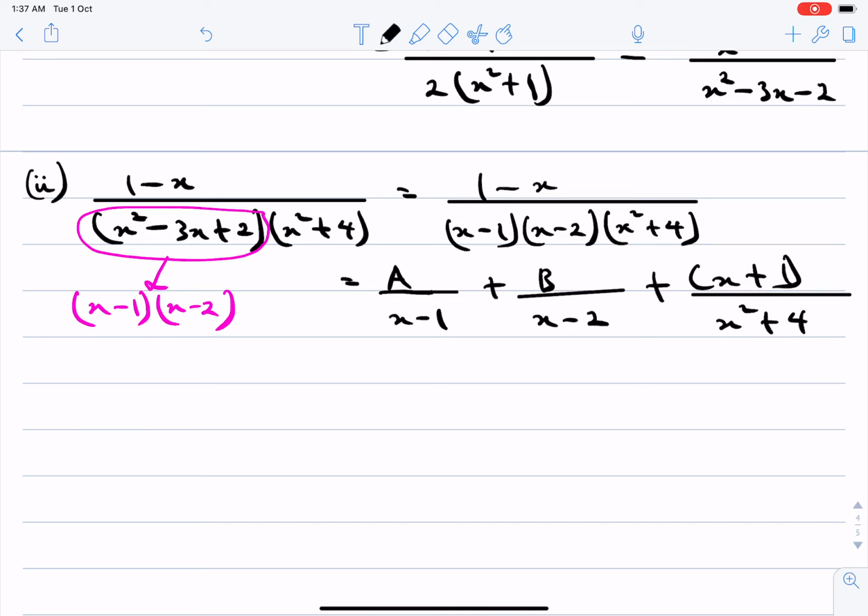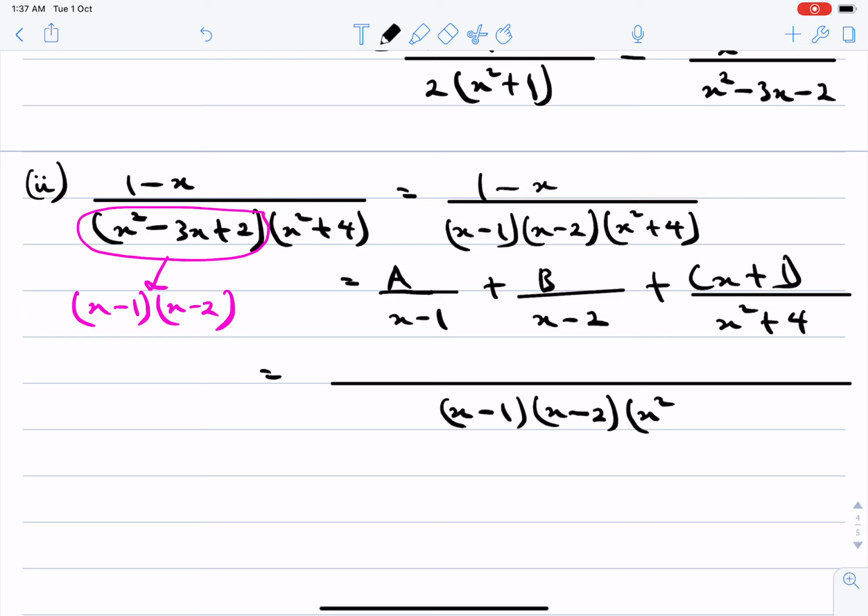So this simply means the LCM of all the denominators is x minus 1 times x minus 2 times x squared plus 4. And that means a times x minus 2 times x squared plus 4 plus b times x minus 1 times x squared plus 4